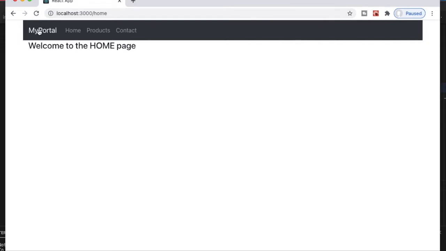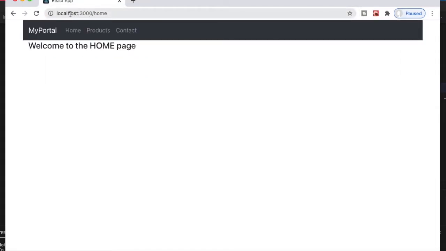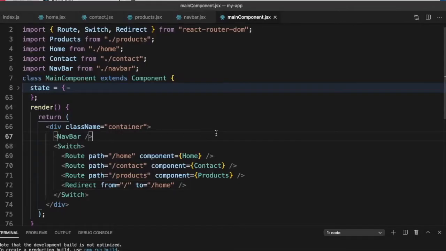We get here that when I go to my portal, which has that URL, or let me just click it, it gets redirected. So the URL here becomes slash home. So that's the difference between the two. If I click on products, it's giving me the Products component. If I click on contact, it's giving me the Contact component. If I click on portal, it redirects, and home gives me Home. So these are the steps that we use in defining a very simple route.